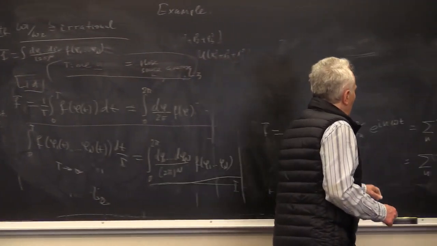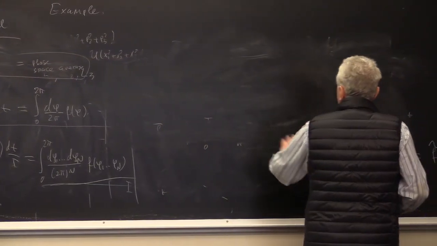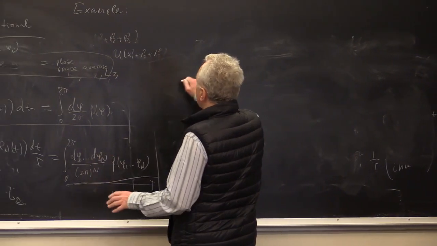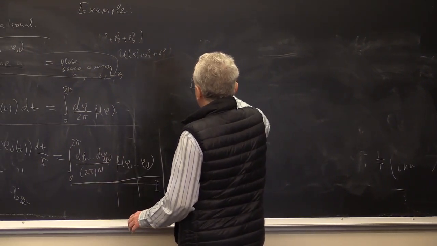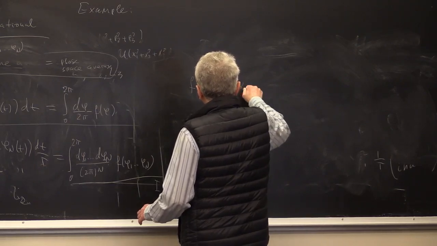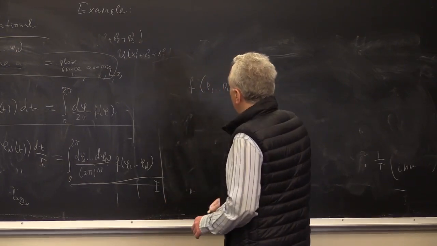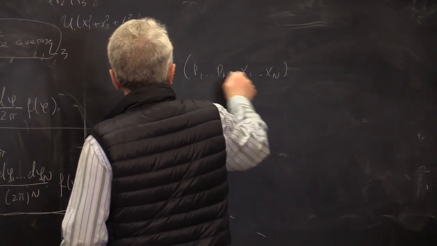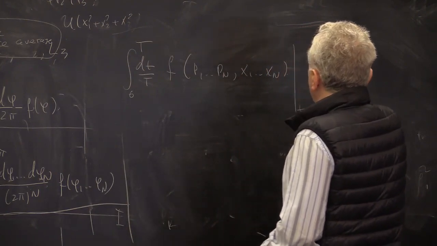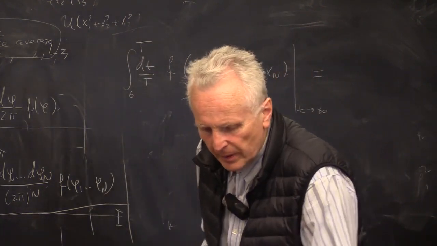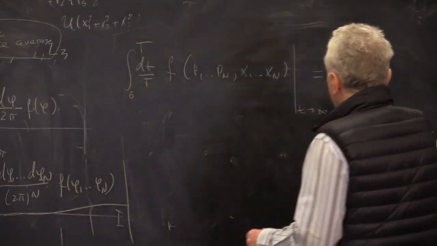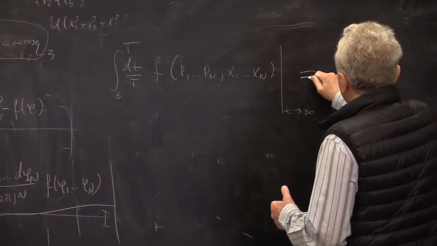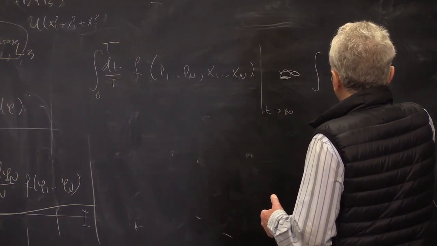Now, the reason why it is so interesting is that it tells us that, at least for this class of systems, if you have a function on the phase space and you take its time average, as we will see next time, in the generic case it is proportional to the integral dp dx